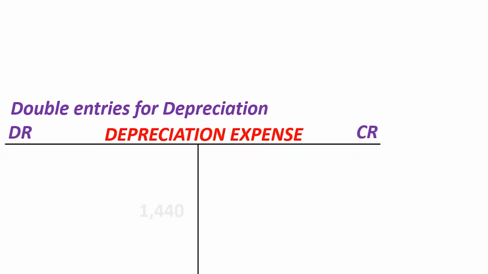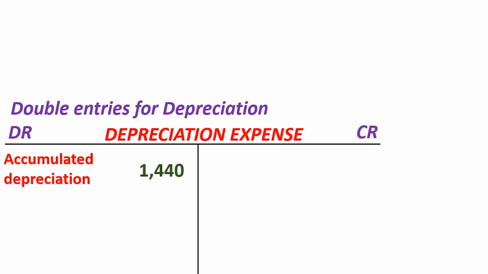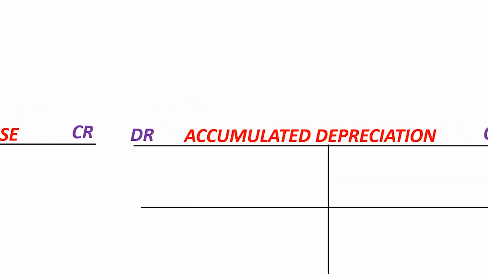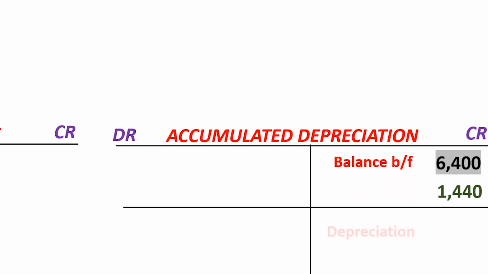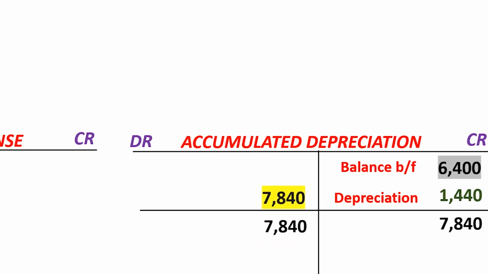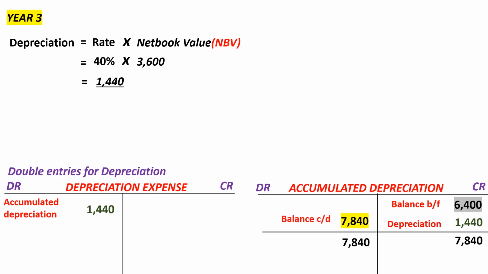So we shall do the double entry: debit the depreciation account by 1,440, and that depreciation is handled in the profit and loss account. And then we credit the accumulated depreciation. Now remember, accumulated depreciation, if you look at the T account, has an opening balance of 6,400. Then we credit the depreciation for the third year, which is 1,440, and that's how we finish up the double entry. And if we balance off, we will find that the accumulated depreciation account has a balance of